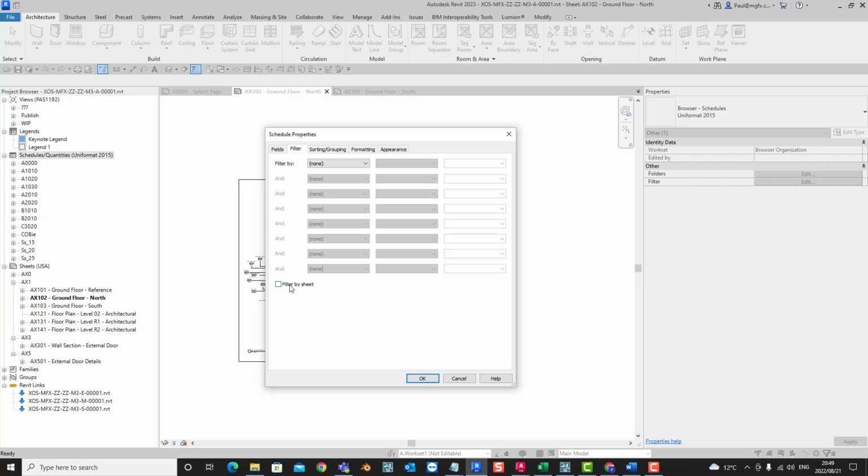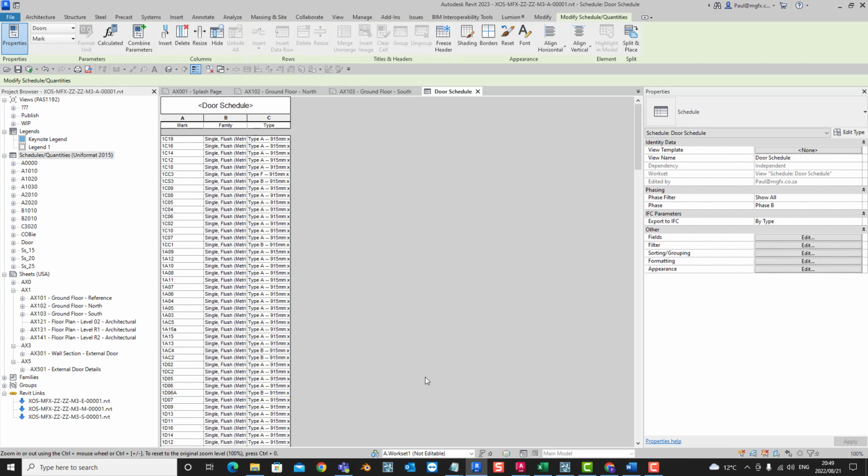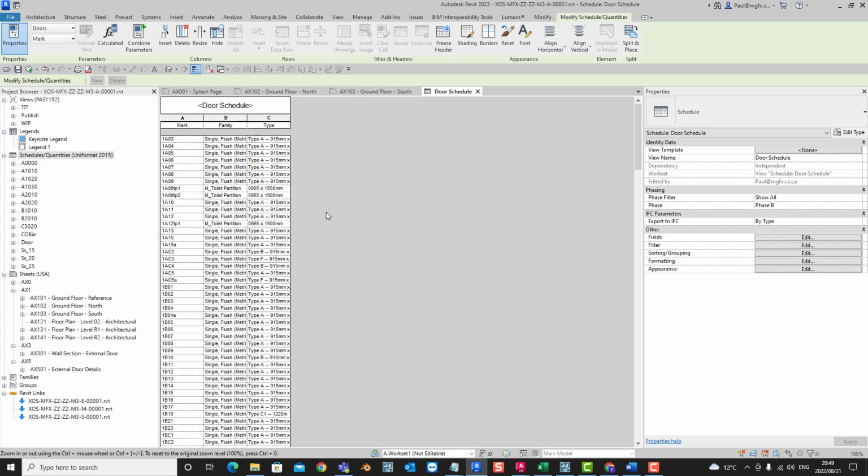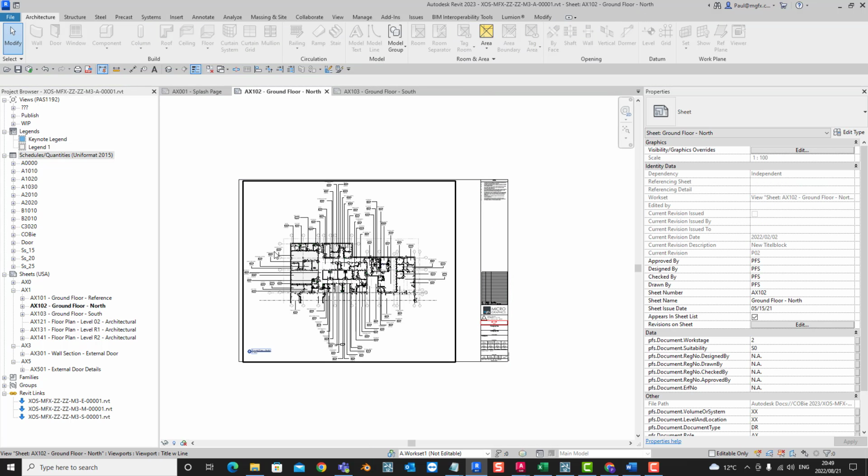But under the filter, you'll now find that they've got this ability to filter by sheet. It's that simple. Whichever schedule you create for whatever Revit category, switch that on. I think let's also just sort that by mark. So, and if you do have a sheet,